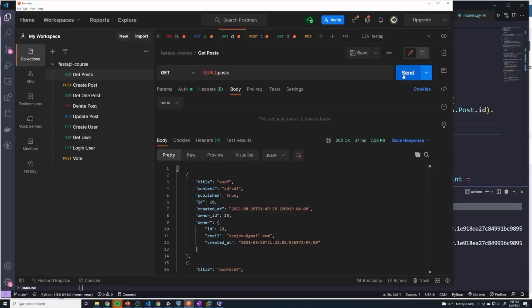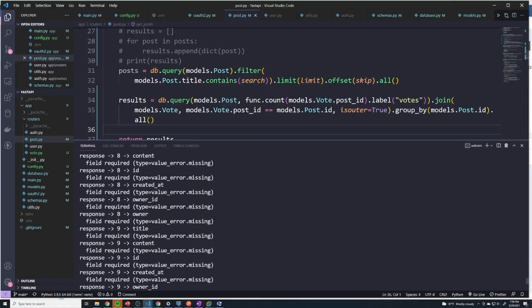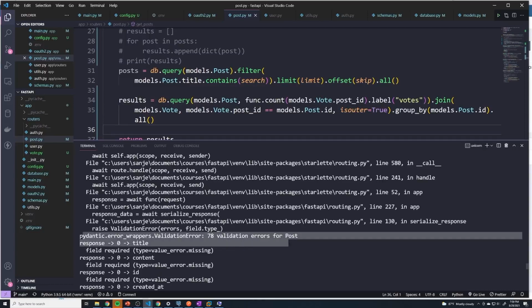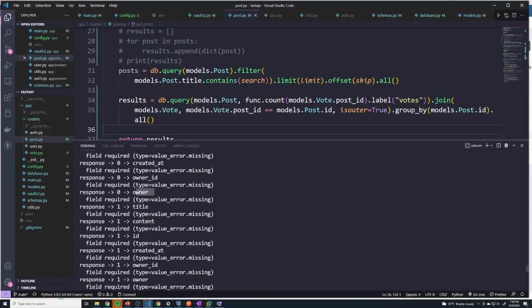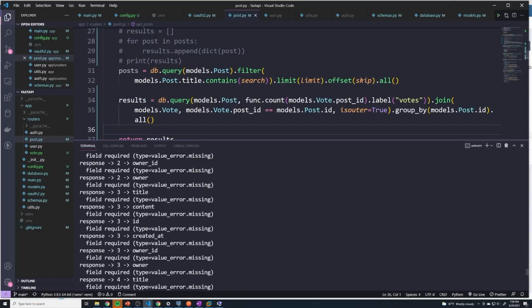So now if I send a query, it's giving me a whole bunch of errors. And if we scroll to the top of the errors, we can see that these are all Pydantic validations. And so it's saying that, hey, there's no title, there's no content, there's no ID, there's no owner ID, there's no owner. All of these fields seem to be missing. And why exactly is that? Well,